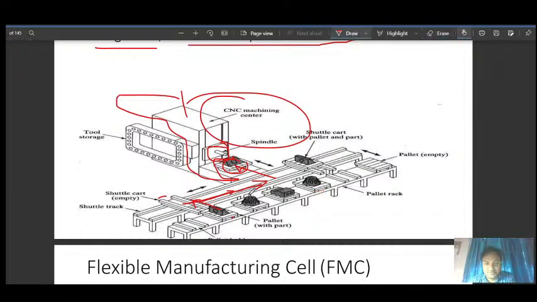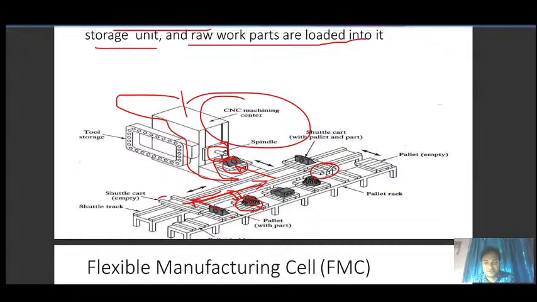Again, when you have to load this part, what will happen? So obviously this shuttle cart will come in this direction, and then you will slide it, and you will be able to load it. And this extended part you can see, so based on that you can easily slide on the shuttle cart, and you can see also another shuttle cart. And as you see here, the pallets are empty. So you can change the distance between these two, this track and the pallet rack.